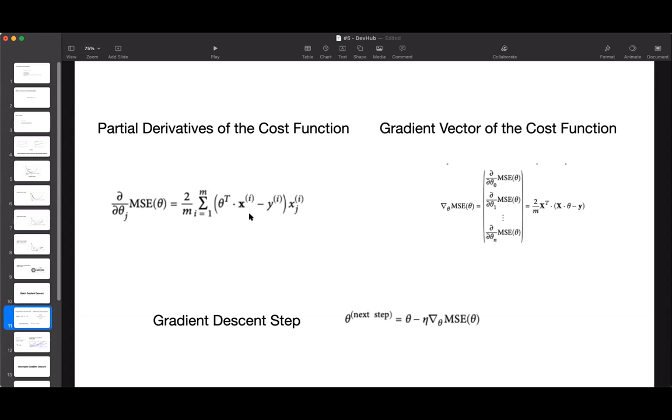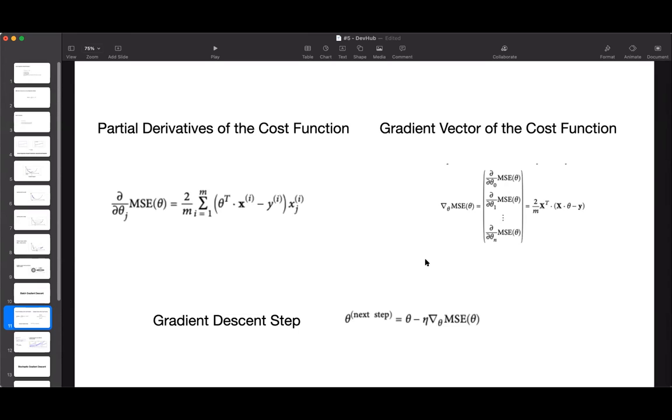So here we are seeing the partial derivative of the cost function with respect to the parameter theta, which here is theta j. So we take a particular parameter, we find the partial derivative of the cost function with respect to that particular parameter. Now this may look a bit hectic. So we actually have another form which is known as the gradient form, which consists of one single column vector of all those partial derivatives with respect to each individual model parameter. This is also known as the gradient vector of the cost function.